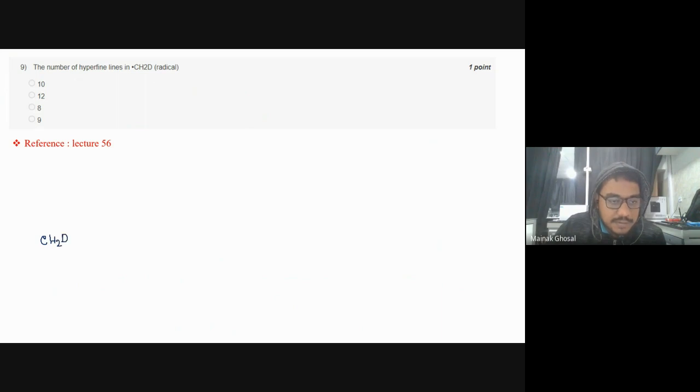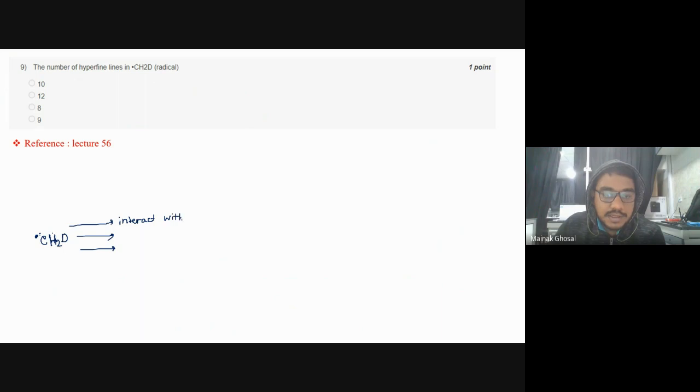Next one, in the same question is there. So I am going to just do this and I will explain that. Next question. Okay. So you can see for CH2D, this lone pair will interact with hydrogen and also it will interact with deuterium. Okay. So whenever this type of question is there, you see it can interact